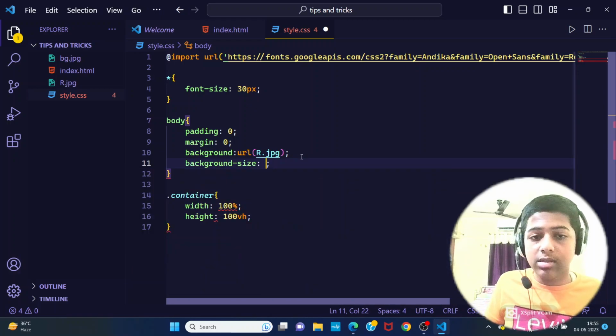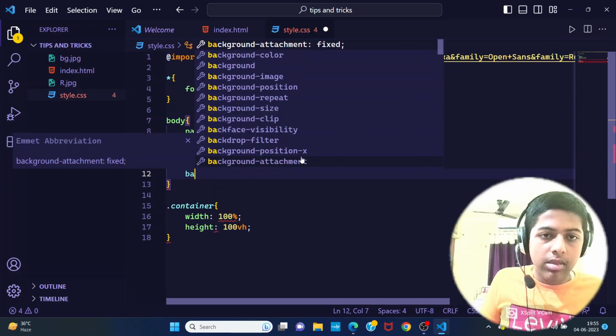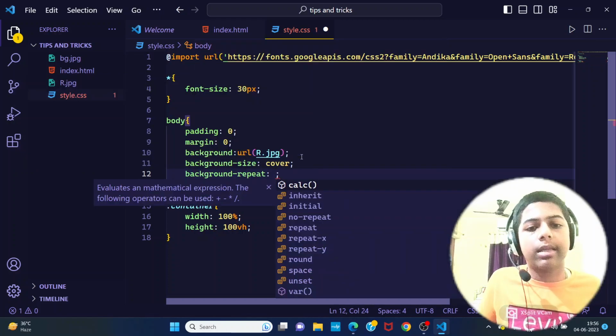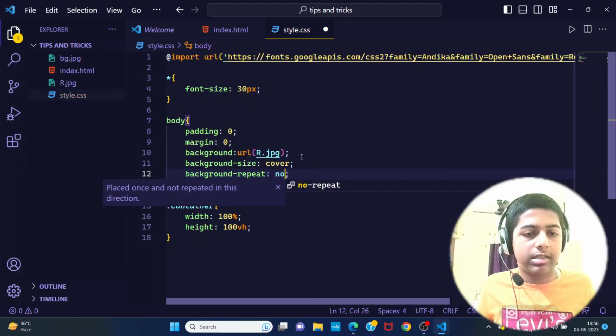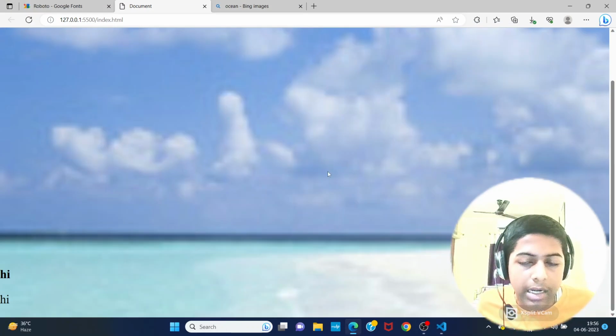background. First of all, the background size you need to just say cover. Okay, then you need to say something like this: background repeat. Now we are having a lot of repeats, right? So you need to say background repeat, no repeat. I do not want any kind of repeat. You just save that, and when you save that, you can see the small image is only there, but it's